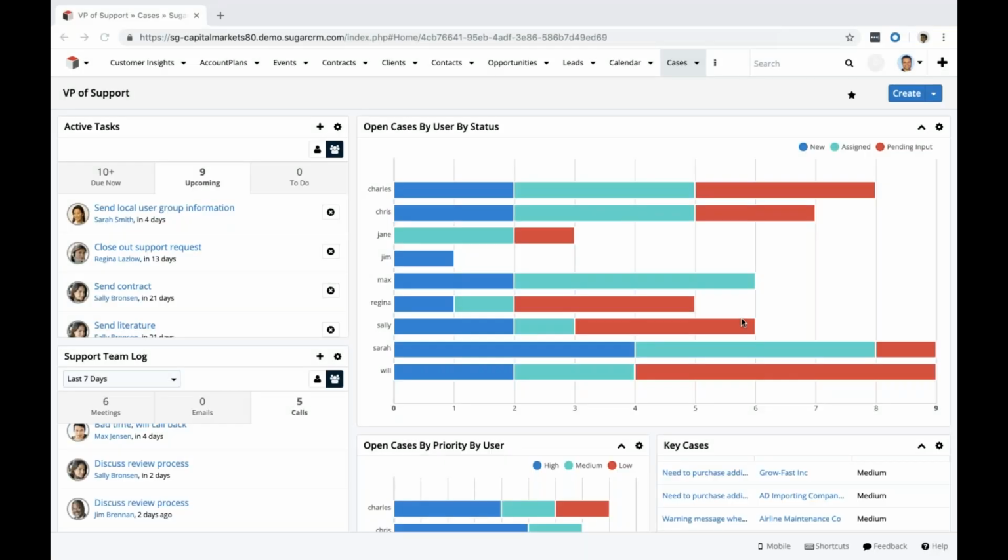Hi everyone. Today we're going to go through the case management module within Sugar. This video is specifically going to walk through how to create cases, how to manage cases, as well as to provide solutions around that. There are many different ways that case management modules are actually being utilized with Sugar throughout